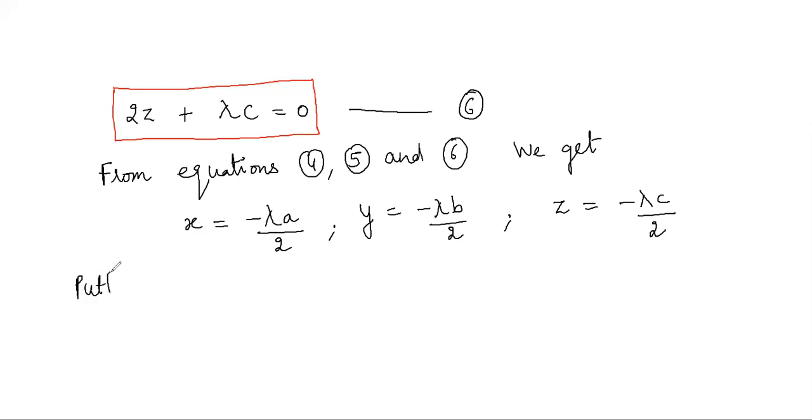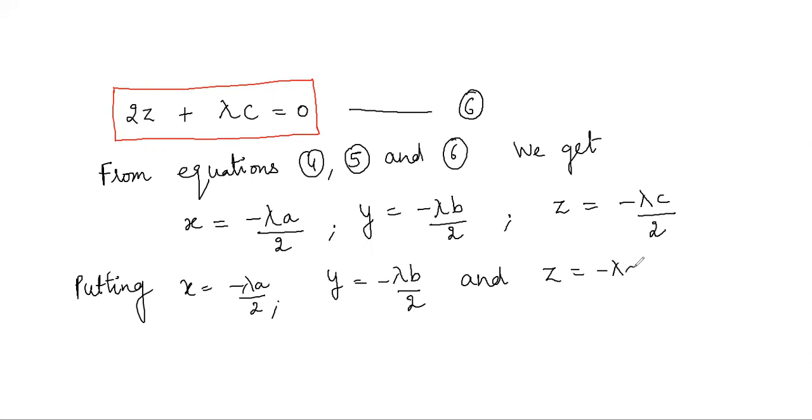So putting x equal to minus lambda a by 2, y equal to minus lambda b by 2, and z equal to minus lambda c by 2 in equation 2, we have